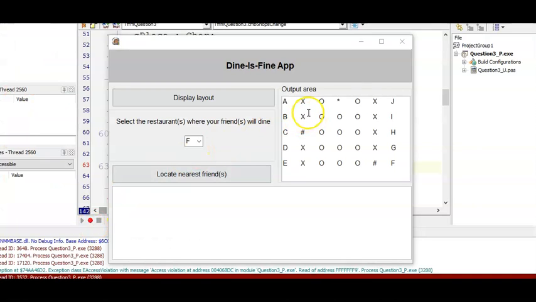So the question then tells you that you are here and you have to determine who is the closest friend to you, and that each movement, whether it is horizontally or vertically, is 4.5 meters. So you have to calculate how far you are away from those two and then determine which one is the